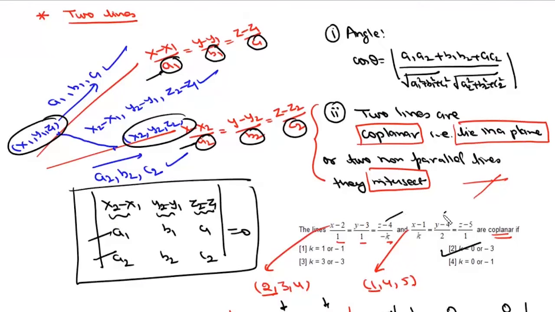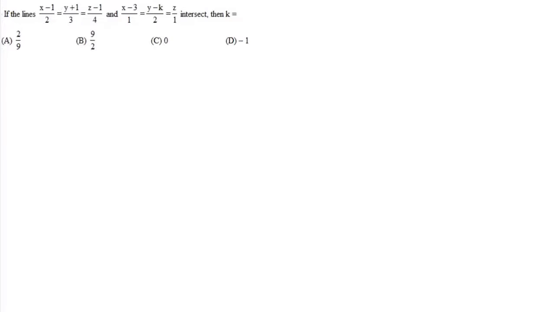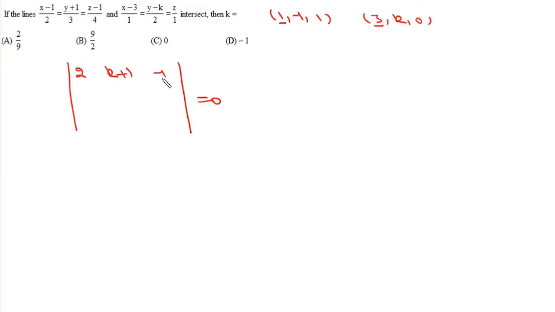So we'll be given two equations, then we have to check whether they intersect or not, or we need to find the value of some unknown. Now the question is, if the two lines intersect, then find the value of k. If the lines intersect, then (a2 minus a1) dot (b1 cross b2) is 0. So we have this vector triple product, which should be 0. Now the point on the first line is (1, minus 1, 1), and on the second line this is (3, k, 0). So we write a2 minus a1, so this is 2, k plus 1, minus 1,